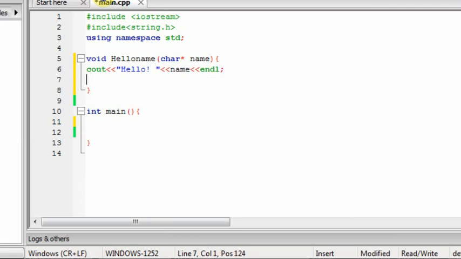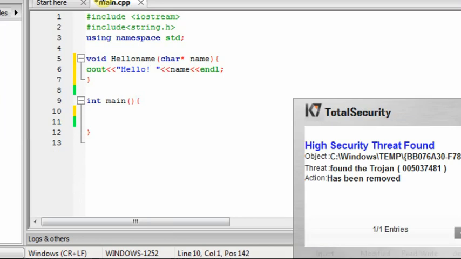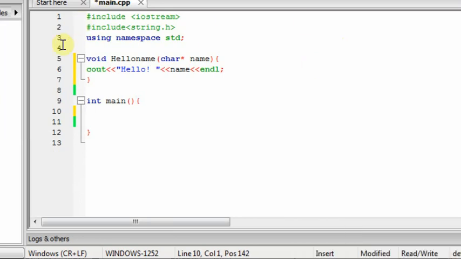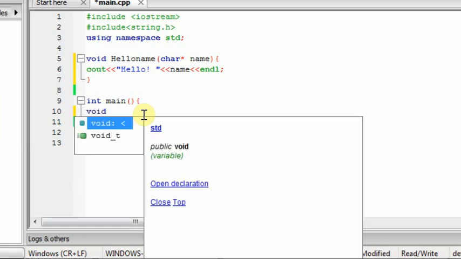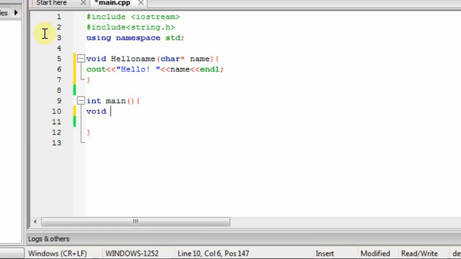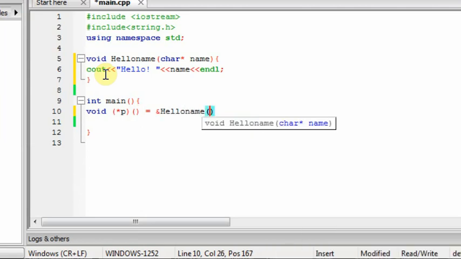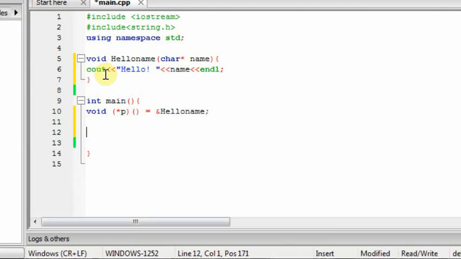Okay, can you guess how I can call this function from the main function using a pointer? The syntax should be the same. The return type is void, then our pointer variable name, and the argument type for this function, and we will assign the address of this function like this.